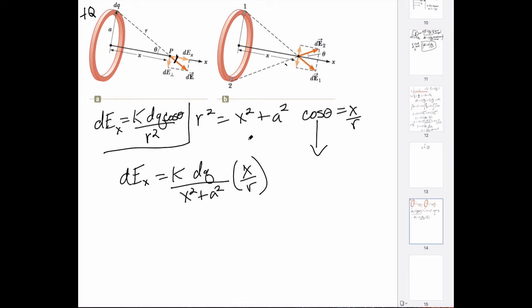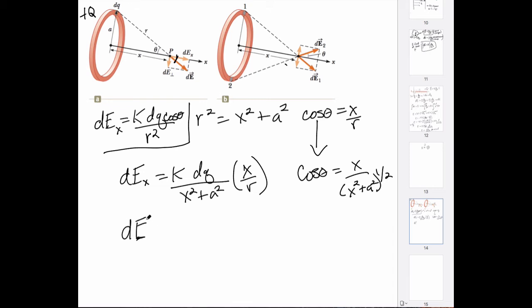Let's get this guy in there. So in other words, all I'm going to be left with is the differential E in relation to x and a. I'm actually going to get rid of r altogether. So that would make cosine of theta equals x, but instead of divided by r, divided by x squared plus a squared to the 1/2 power. So the square root of this. So I'm taking the square root of x squared plus a squared, which means, and this is actually where I needed this to go,